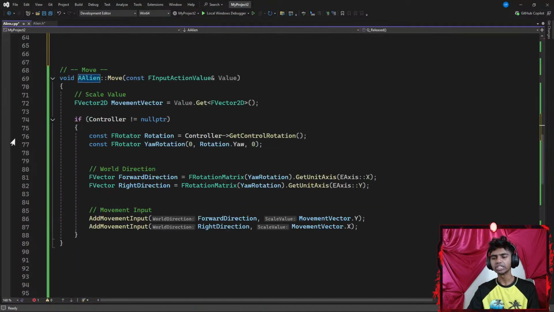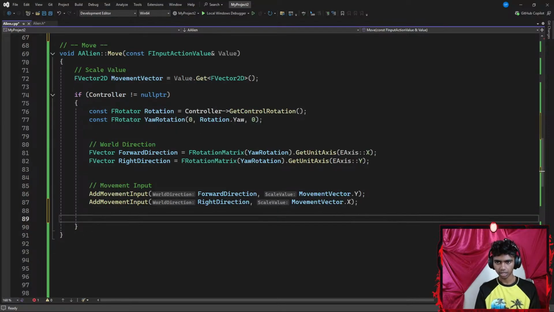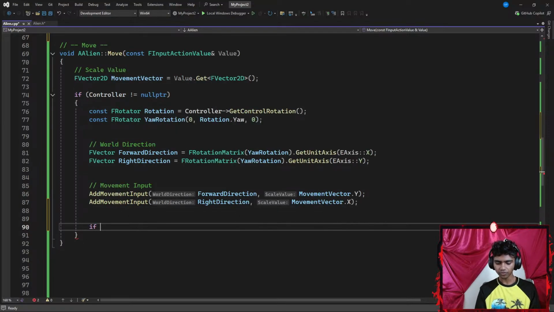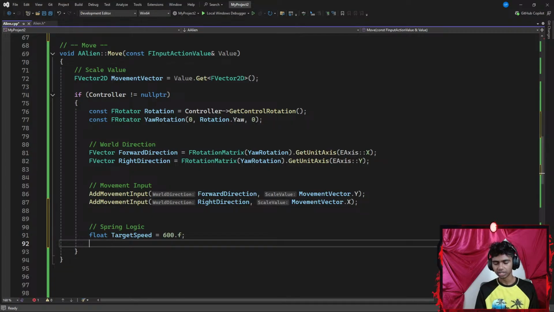Under my movement vector, under my move function, I'm going to add an if statement, something like sprint logic. I'm going to firstly create a floating point variable for a target speed. This is going to be my initial, or original, speed. I'm going to set it to 600.f, ending with a semicolon, which is 600 centimeters